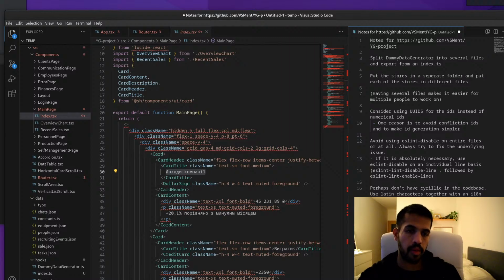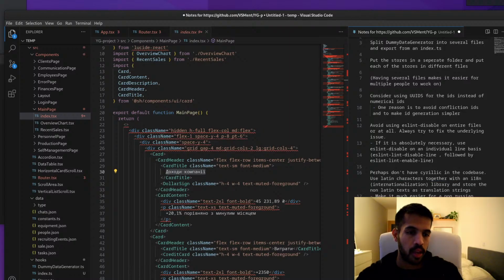Makes it much easier for a non-Russian speaking person to understand, if this is even Russian, I'm not sure. I will assume it's Russian. I hope, and I'm sorry if it's not.